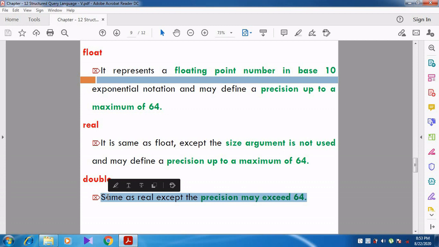So like that it will be different. Double is the same as real, except the precision may exceed 64.